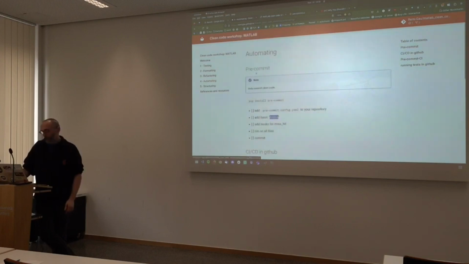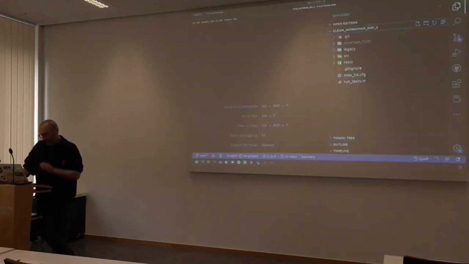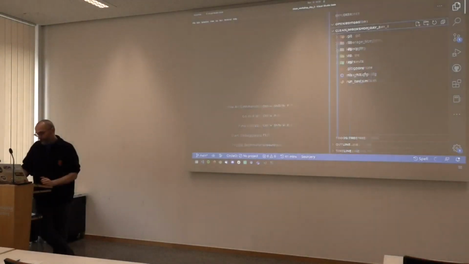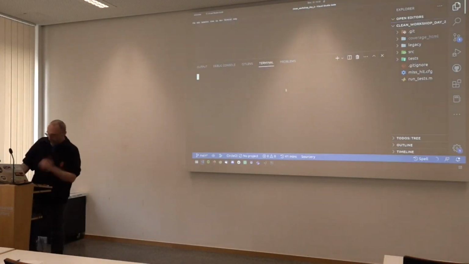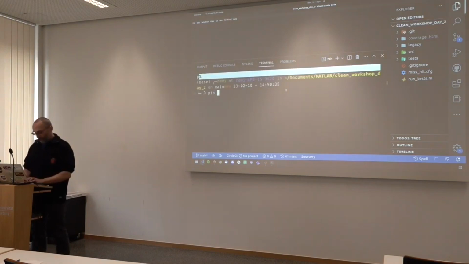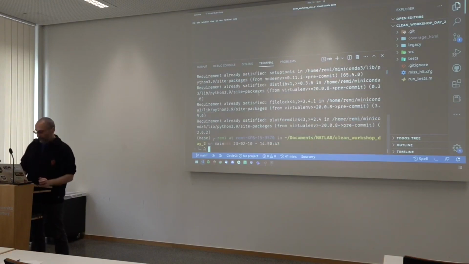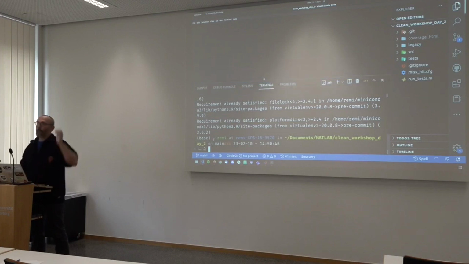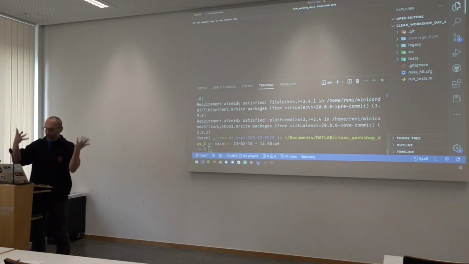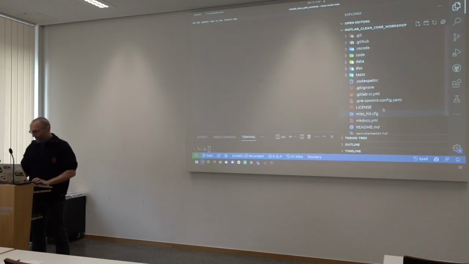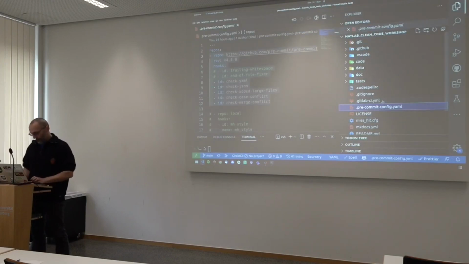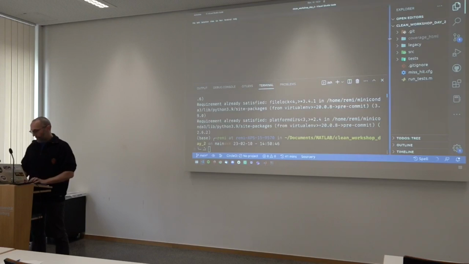So I'm mostly going to focus on pre-commit, which is a Python package that, once again, you can just install by doing pip install pre-commit. I have already installed it, so it should tell me everything is already there. And it's another package that works with a configuration file where you need to say, hey, this is what I want you to do. I'm going to be grabbing one that I had from another repository, and I'm going to explain to you what's in there.